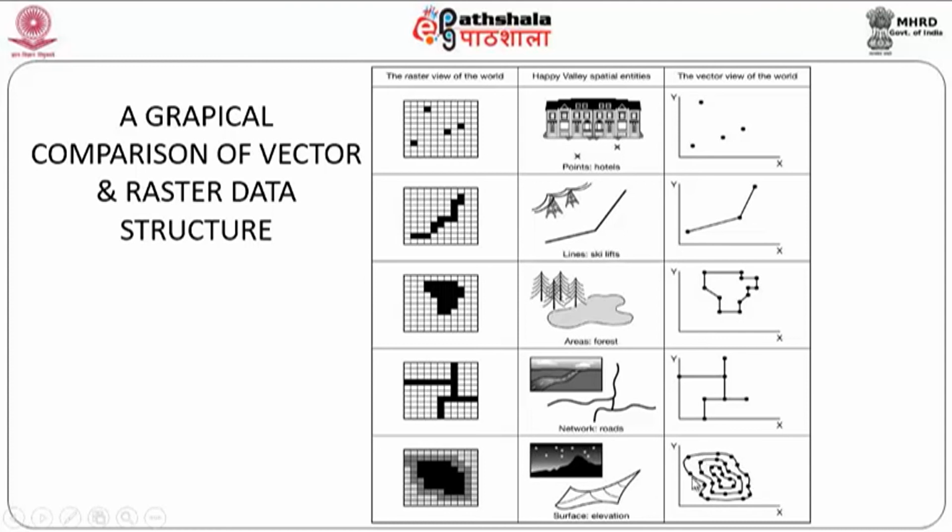So here you see how you have the surface elevation, and this is what is the contour. Obviously, all of you know, a contour is nothing but a line showing points of equal value. That need not necessarily be elevation. That also could be something pertaining to water level data, or it could be pollution data. So in which we try to say that any ppm value, it could be your carbon monoxide or carbon dioxide, whatever you are trying to measure, that can be shown as contour data. So contours are nothing but lines which represent the same value, and obviously contours can never intersect with each other. So that's the big advantage.